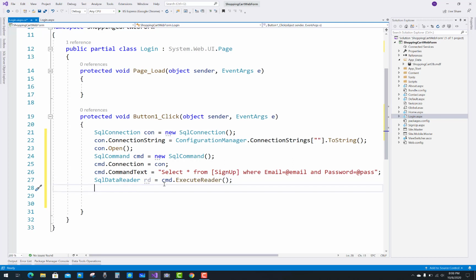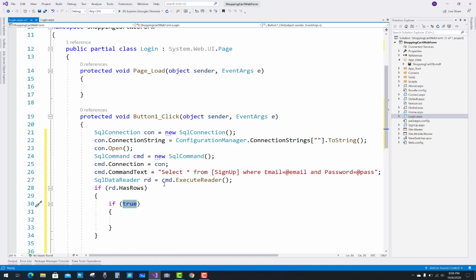and if you want to check whether the data exists or not, then you have to use HasRows. By using HasRows, that means you have some data in the query, in the result set.